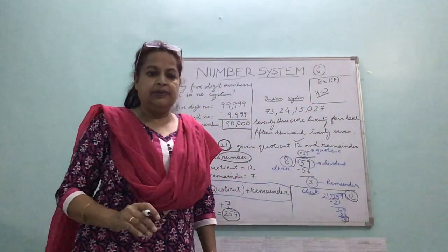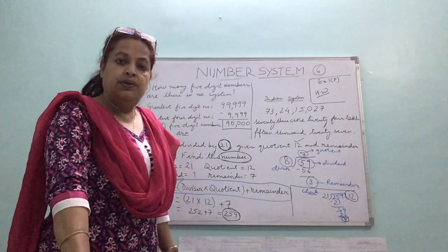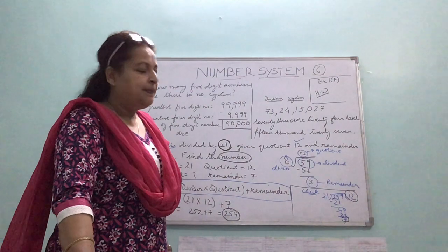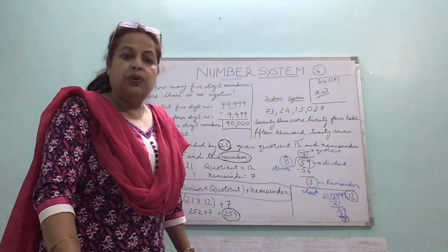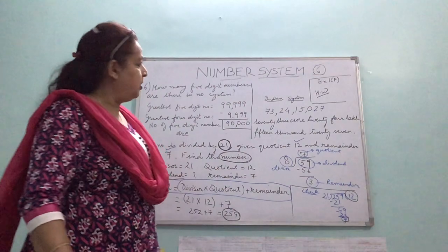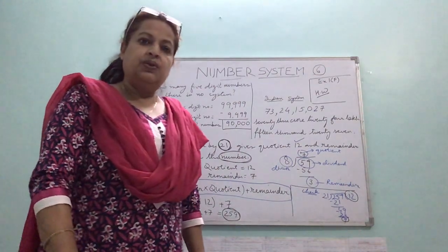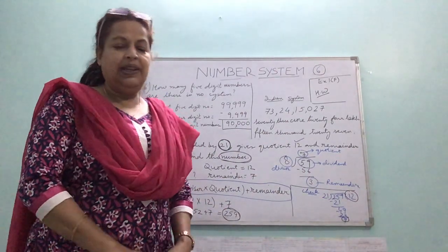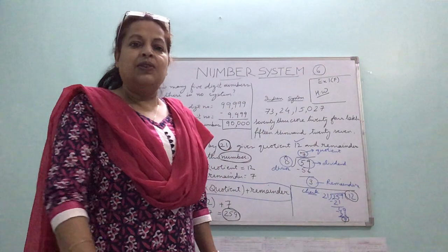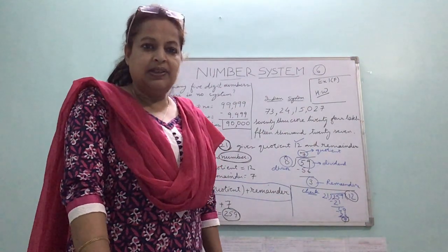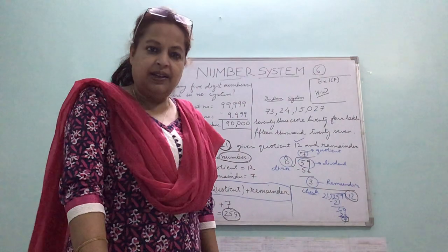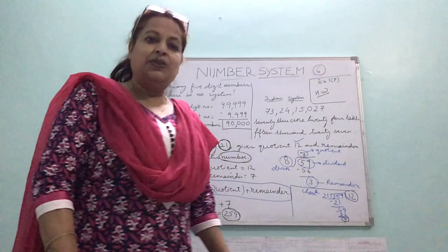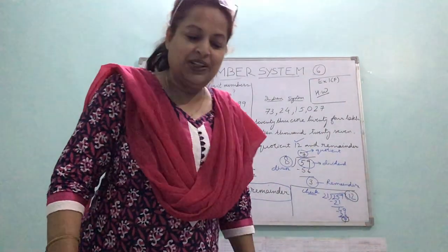Now I want children to do all these exercises and practice the sums in the notebook, because this is an important chapter. This would give you the information about how to handle such big numbers. So plan out your work and complete all your work children. Complete this full chapter. There are 3 chapters in your unit test syllabus: number system, whole numbers and integers. So number system I have covered. So you will see to it that you complete your work. Right? Do your work children. God bless you.